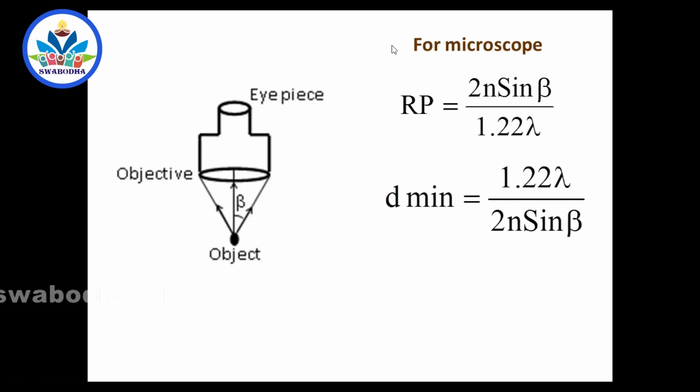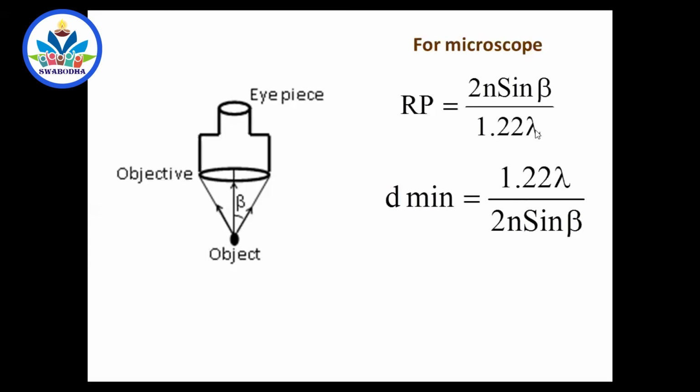Decrease lambda, increase resolving power. What do you mean by decreasing lambda? So if here is an object, take a light, for example ultraviolet light, switch it on. It falls on the object and goes here. Instead of ordinary visible light, you use ultraviolet. Of course, you have to use filters somewhere here, because otherwise it will be dangerous to your eyes. That part we will take care of later. So if the object is illuminated with ultraviolet light instead of ordinary visible light, ultraviolet light has lesser wavelength.